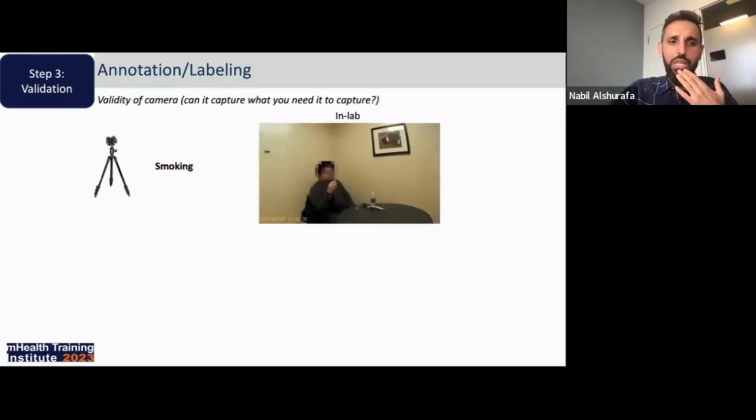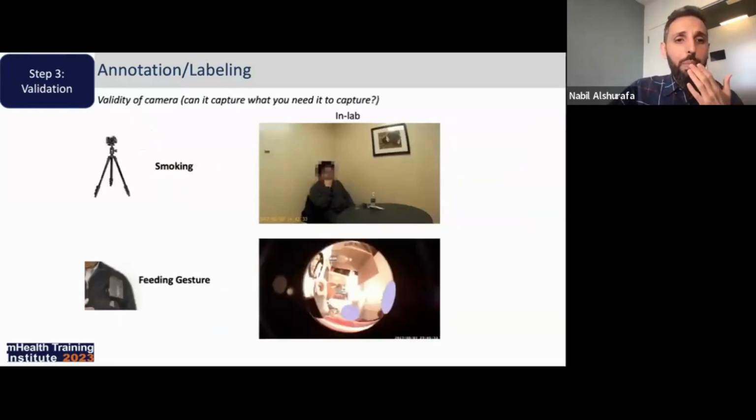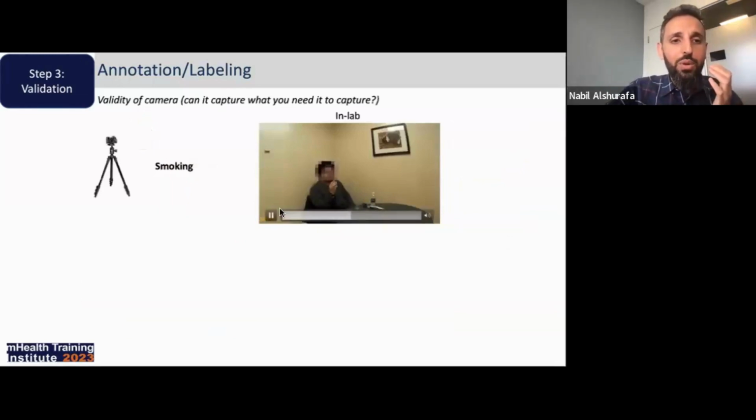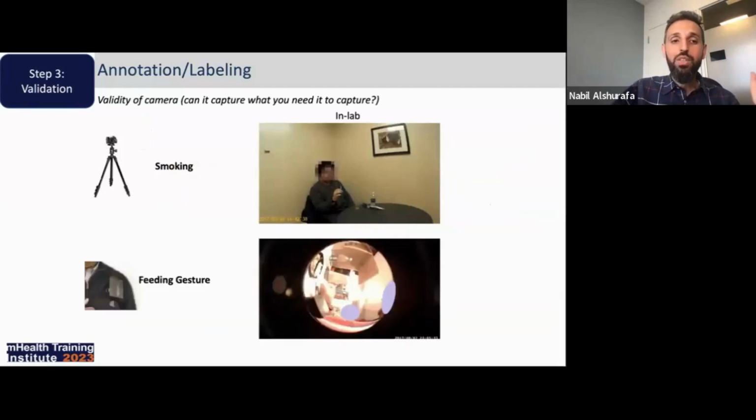So let's start with validity of camera. Here we're testing smoking, and this is part of the MD2K project, where the participants are smoking in a lab setting. A stationary camera is sufficient for us to capture the activity of interest.